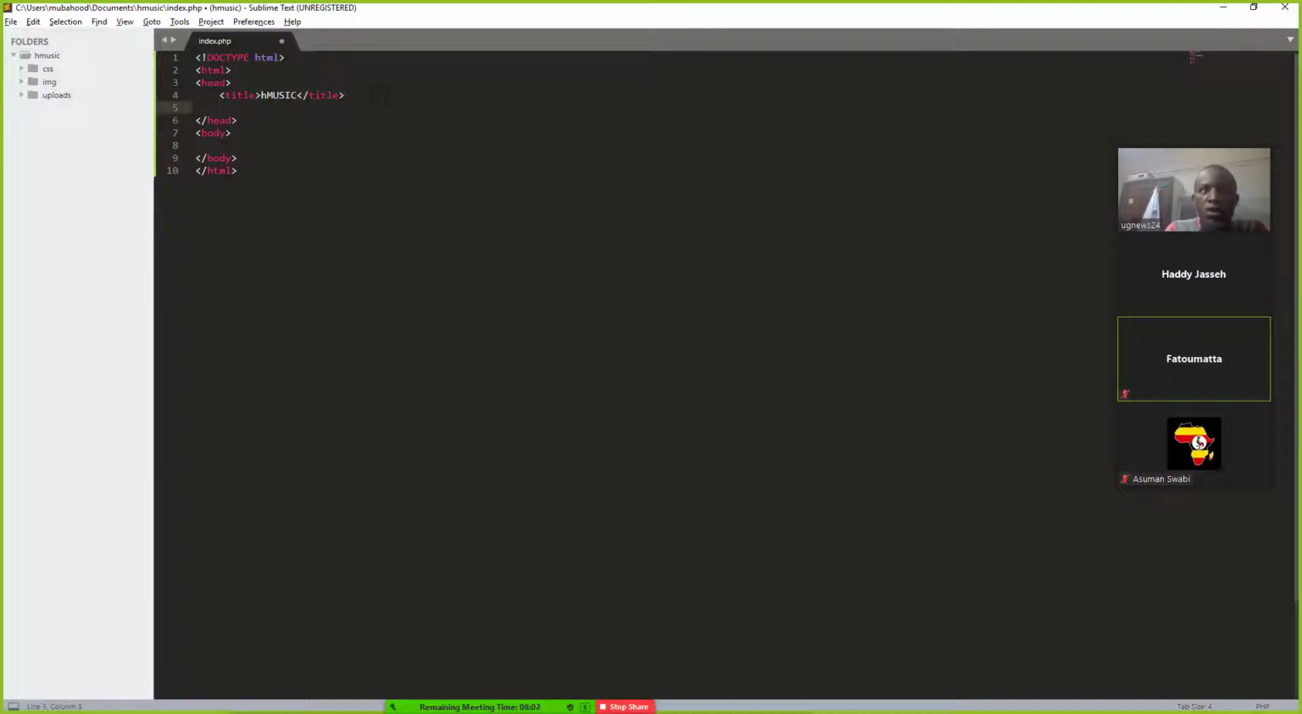So to import Bootstrap, I simply put link, and then this one is going to be CSS slash what? Remember our Bootstrap file is here, okay? So it's CSS slash what? Bootstrap dot CSS. After I'm going to create my header nav,